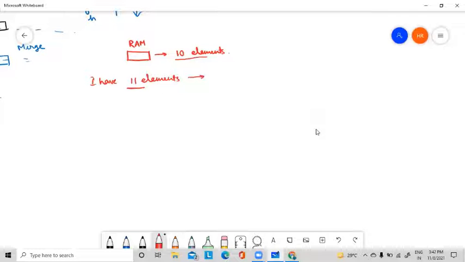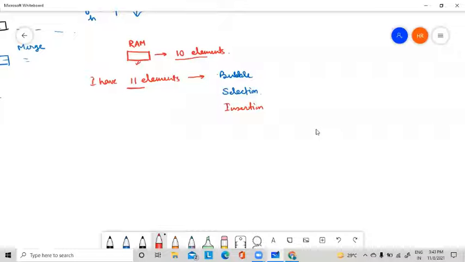Now see, if I go for bubble sort, then we already know that in case of bubble sort, we need the whole array, correct? Brute force algorithm, we need the whole array. In case of selection sort, again, we need the whole array. Now in case of insertion sort, do we need the whole array? See, up to 10 elements, I can perform it in this RAM.